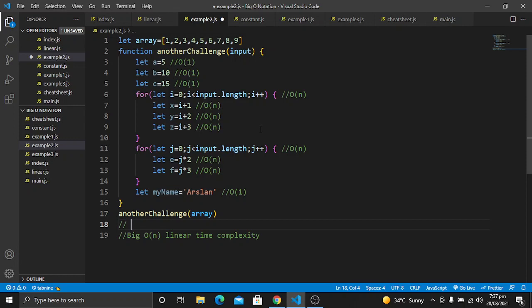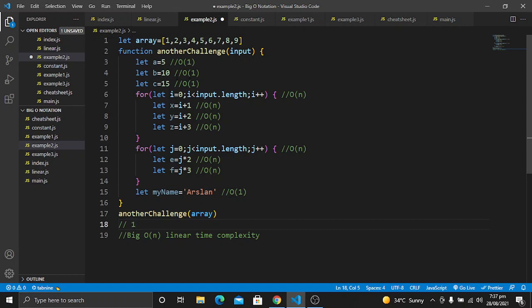Now I will explain why we have removed the constant, because this is the rule for big O notation: we are not concerned about the constants, we are just concerned about the length, or the inputs, which is n. So we can say it will be O of 1.